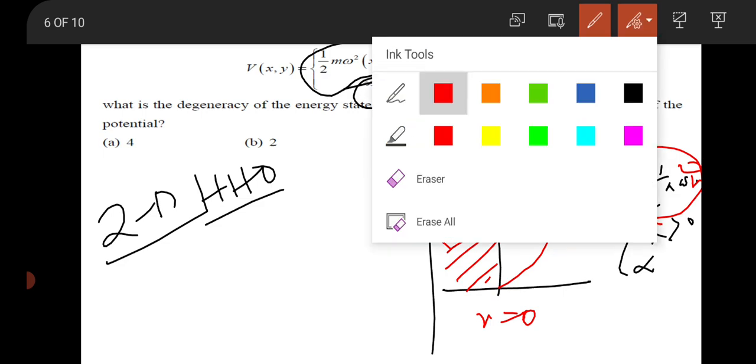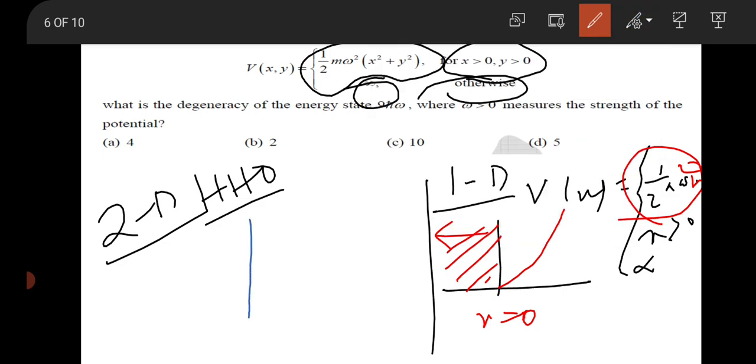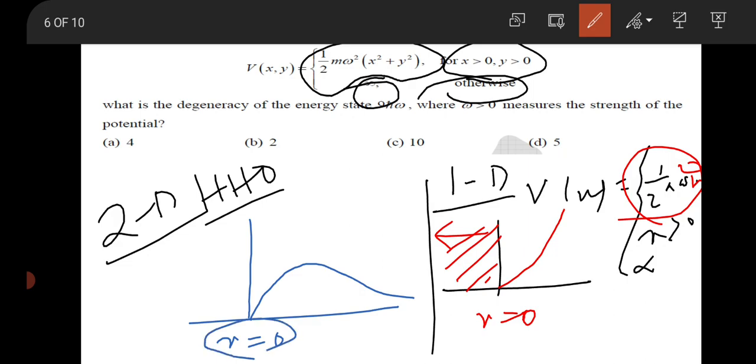And what is the eigenfunction for this half harmonic oscillator? So this is the ground state eigenfunction for the half harmonic oscillator, which indicates that the wave function must be 0 for x equal to 0. That means the acceptable wave functions are those which have 0 probability, or the wave function vanishes when we approach the origin, that is x equal to 0. So for the general one dimensional harmonic oscillator, its energy eigenvalue is equal to (n plus 1 by 2) h bar omega.